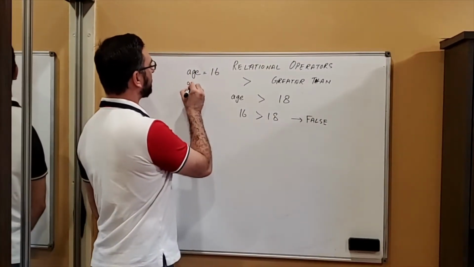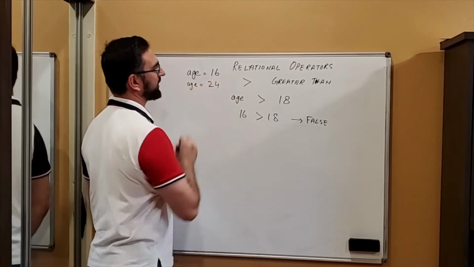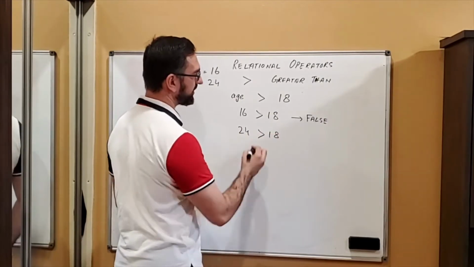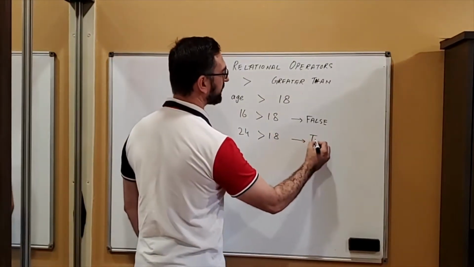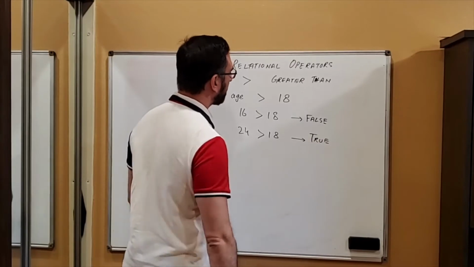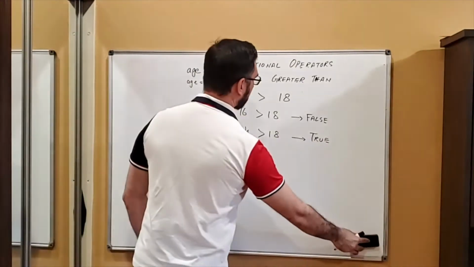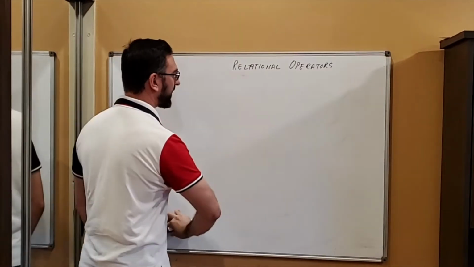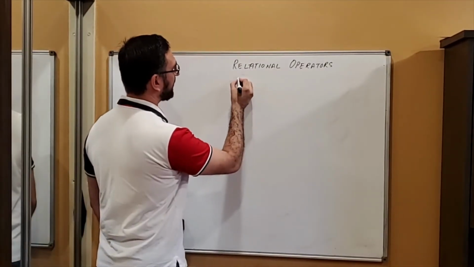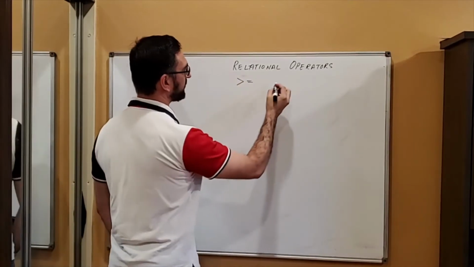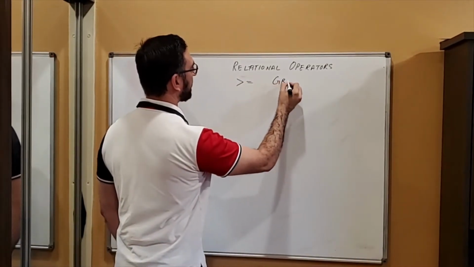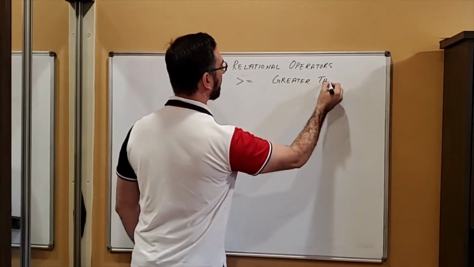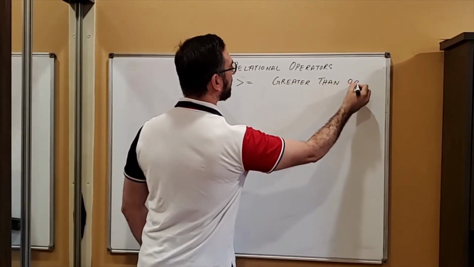But if the age variable contains 24, for example, then 24 is greater than 18. This evaluates to true. So this is one example which is comparing using this greater than operator. There are other ways to compare, which could be greater than or equal to, right? So what this says is greater than or